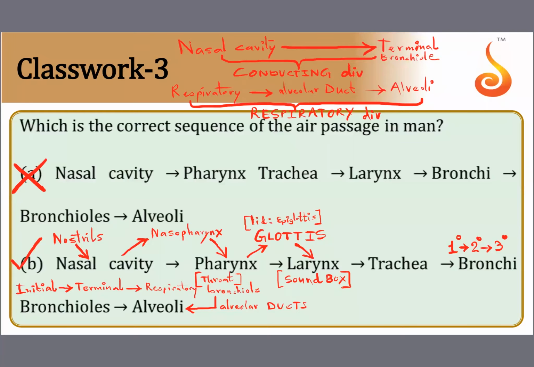Another thing that is mentioned in the NCERT related to this: where exactly does the trachea branch into the primary bronchus? It branches at the level of the fifth backbone of your upper back. We call the backbones present in your upper back the thoracic vertebrae. Yes, it branches at the level of the fifth thoracic vertebra. So all these facts which are mentioned in the NCERT, based on them, you may have certain questions which may appear in your competitive exams.